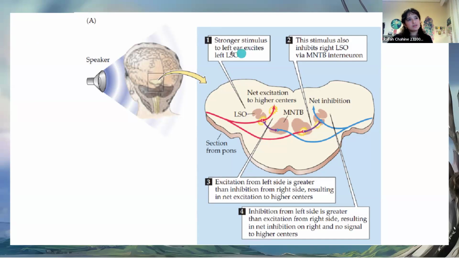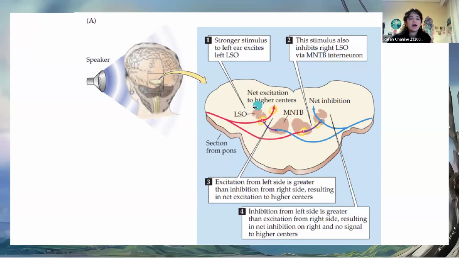So essentially, the stronger stimulus to the left ear will excite the left superior olivary nucleus. This stimulus will also inhibit the right superior olivary nucleus. Ignore the MNTB interneuron; it's not relevant at all. And that excitation from the left side is greater than the inhibition on the right, so that will result